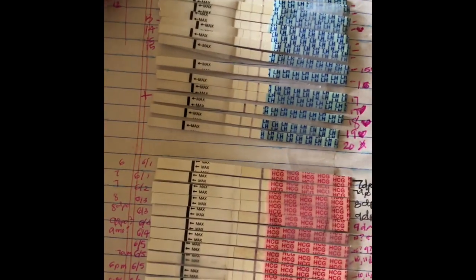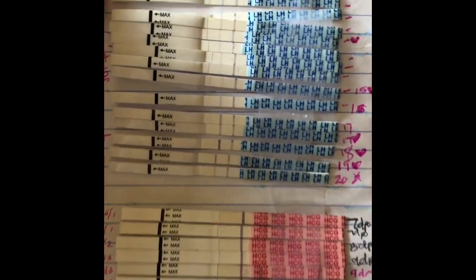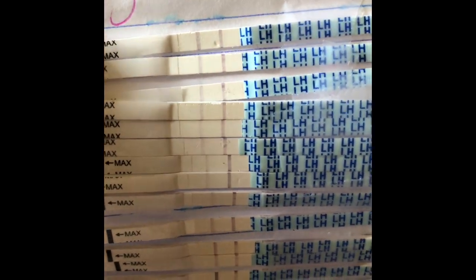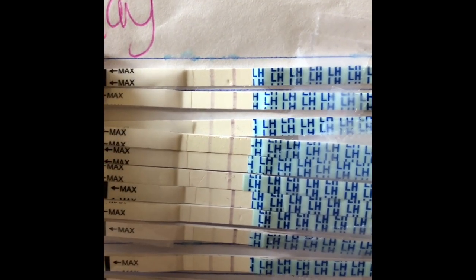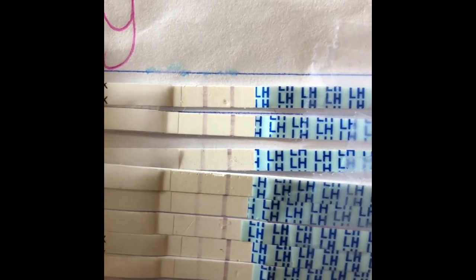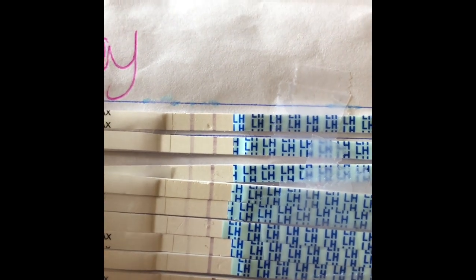Okay, so I'm going to start with these first. These were the Easy at Home ovulation and pregnancy tests. As you can see on cycle day 8, I thought that was a positive. Of course, these are dry, so take that into consideration, but a positive is when the first line is as dark or darker than the second line. And again, this is dried, so it's hard to tell, but that is confusing because that does look like,